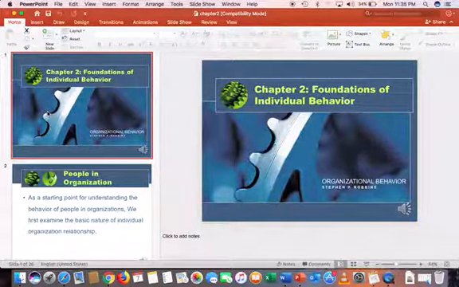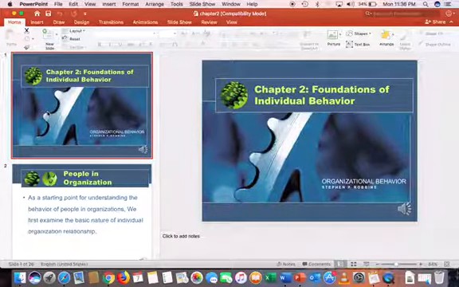Why is it important to study individual behavior? The concept of individual behavior is that it studies individual behaviors to determine how people behave in an organizational setting, the manner in which they communicate with each other, and also the understanding of their own behavior. Not only does the organization have to understand their behavior, but the individual also has to understand the organizational behavior. We said that there are three factors that affect it: the person, the environment, and the organization itself.